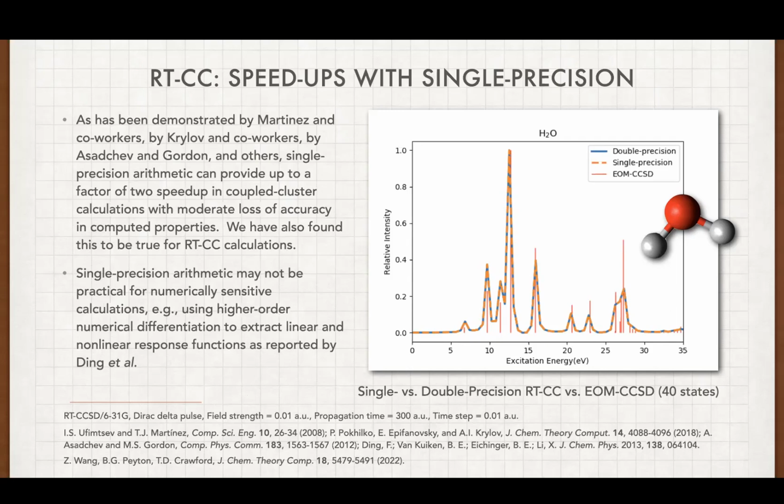We found that we can exactly reproduce absorption and circular dichroism spectra, just carrying out the entire propagation using single precision arithmetic. Now, if you needed very high precision, for example, if you were going to calculate numerical derivatives using these things to extract individual response components like polarizabilities directly, then it may be problematic. You may not be able to get away with single precision, but for certainly reproducing absorption spectra or circular dichroism spectra, double precision is not needed. So that gets you roughly a factor of 2 improvement, so that's welcome.